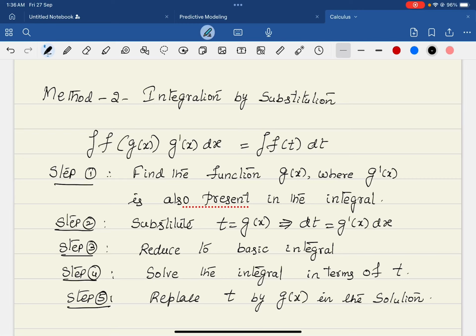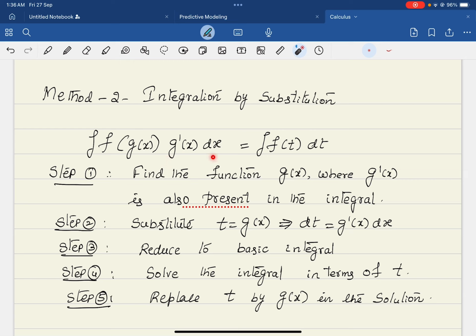Next method is integration by substitution. We have already done method 1, integration by parts. Now integration by substitution. The name substitution itself means you are replacing a function by another function. For example, you have the integral of f of g of x, and in the same integral you have the derivative of the function g of x, that is g dash of x,